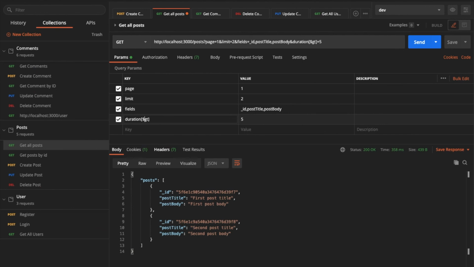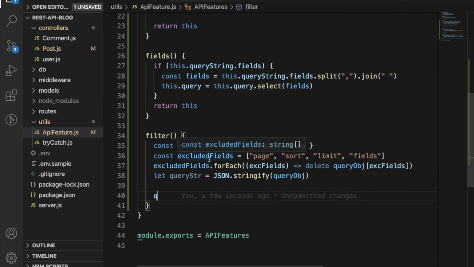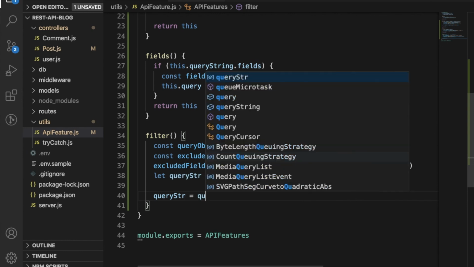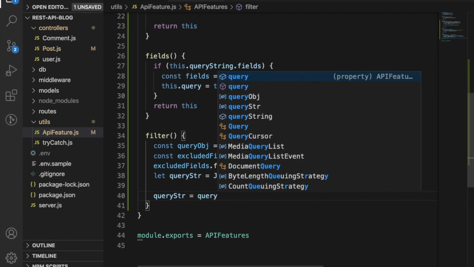It asks us to include a $ sign, but in a common REST API we won't use that. So we are going to add a $ sign for all the GTE, LT, LTE. Query string equal to, we are going to replace